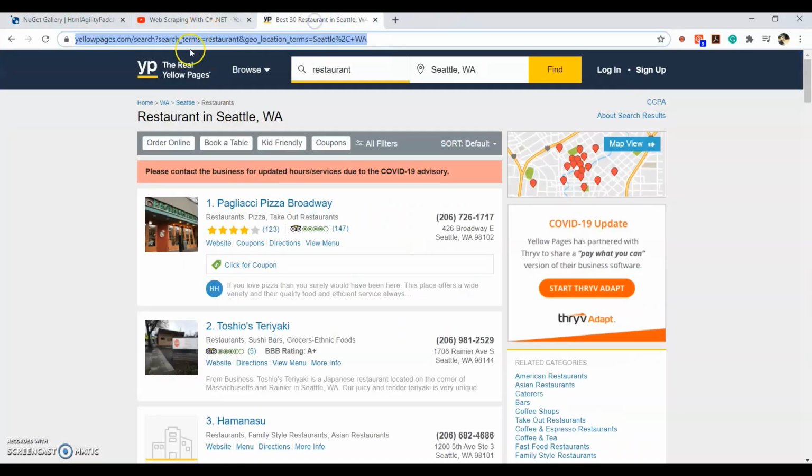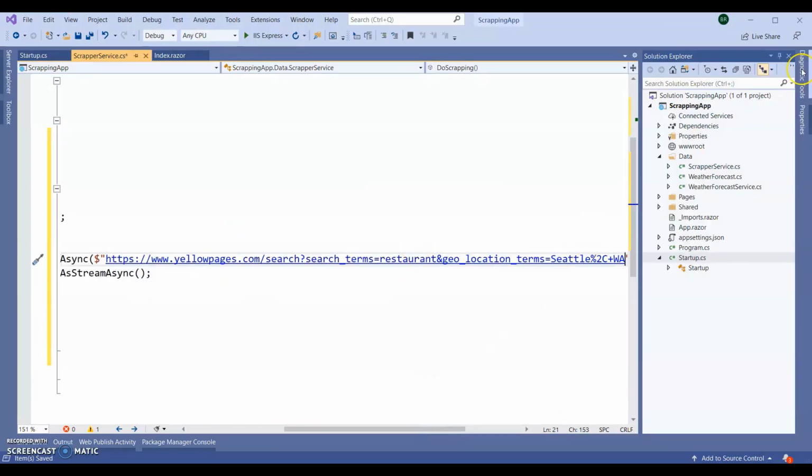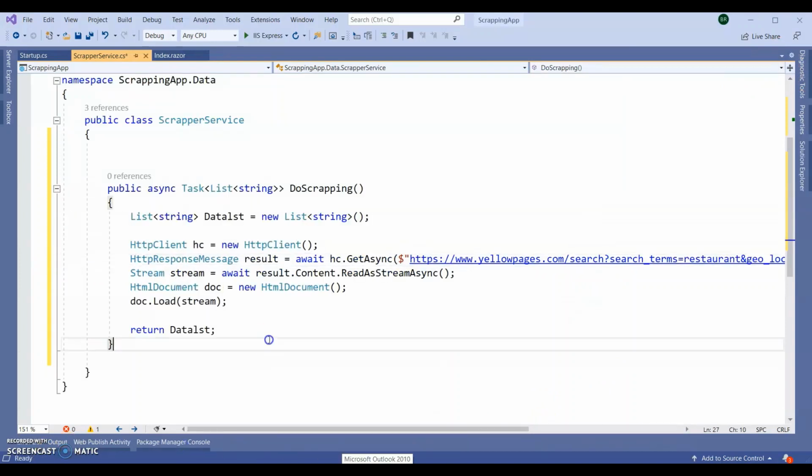Excuse me guys. So here is my URL. This is the URL I gave. So this stream is reading this HTTP response and loading it into our HTML document.